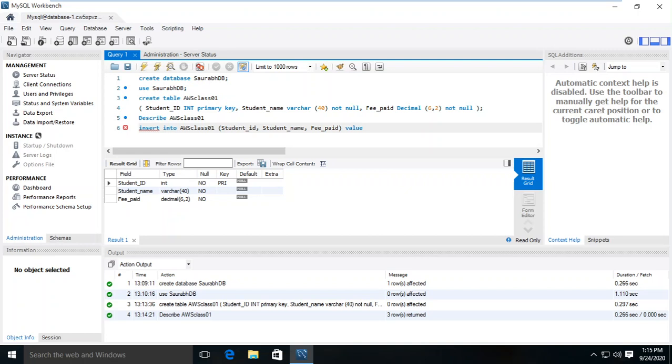Value. So maybe the student ID, I want to give any number, that is let's say that I want to give 01 or 001, any. So that will become the student ID. What name of the student you have? So maybe my student name is John, and the name has to be always in this format. John, like this.